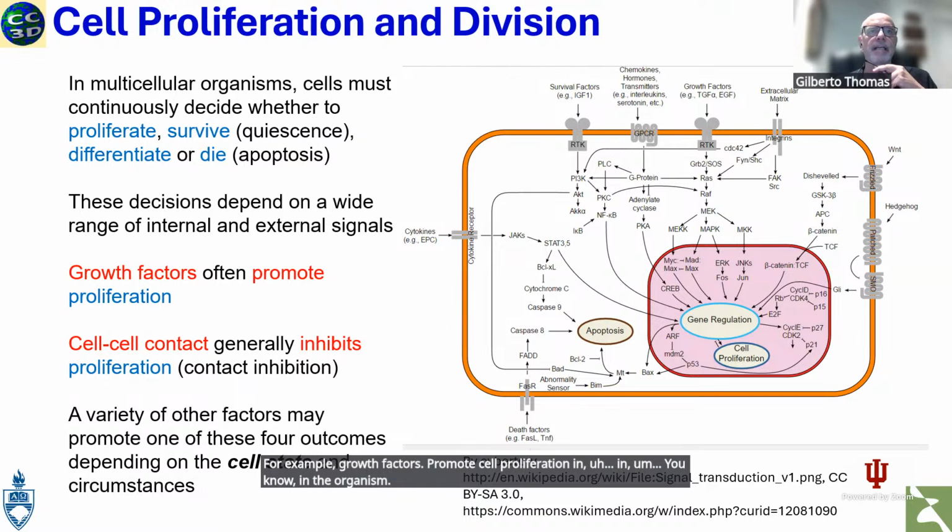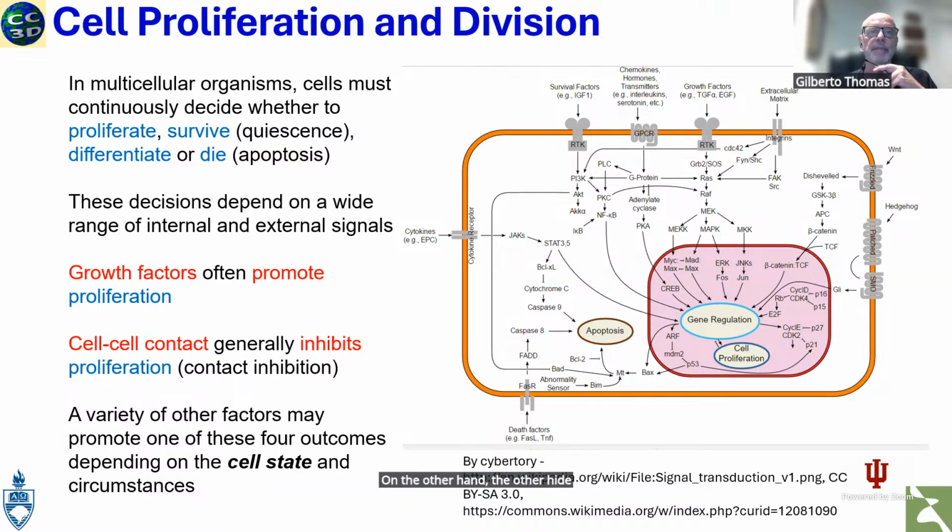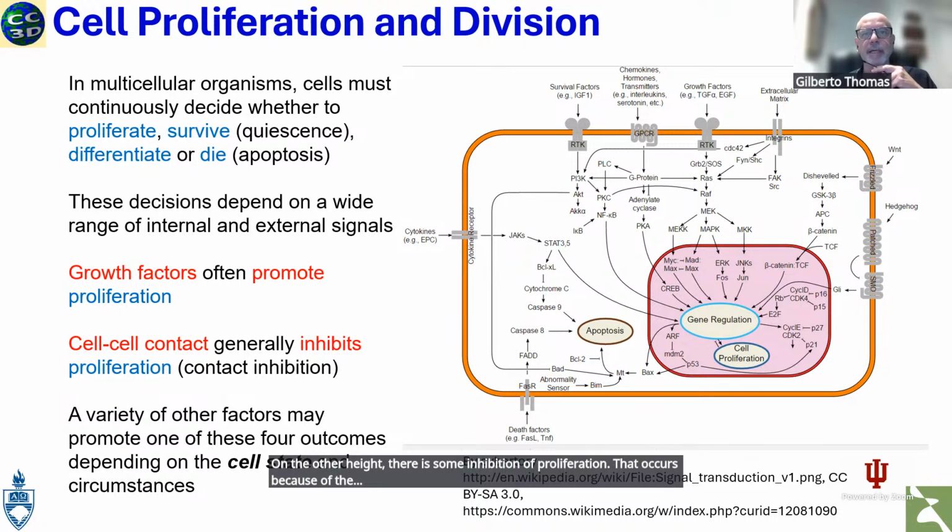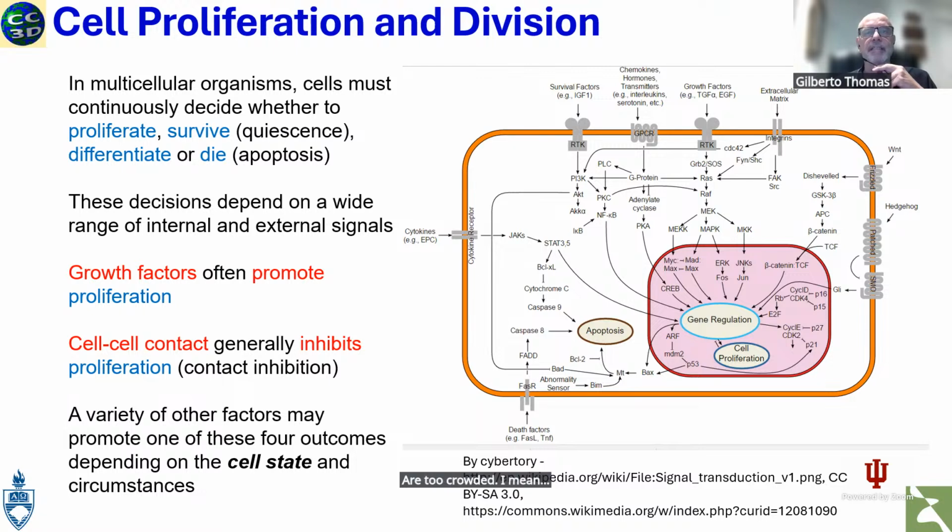On the other hand, there is some inhibition of proliferation that occurs because of the environment where the cells are too crowded. I mean, when the cells start to contact each other, this contact between them inhibits their proliferation. So there is a bunch of other factors that can promote those four outcomes,